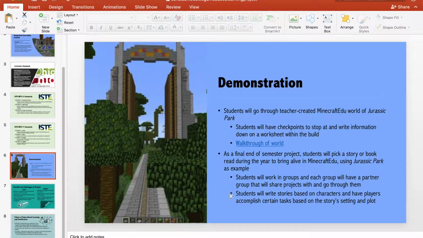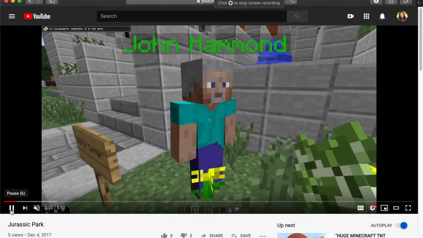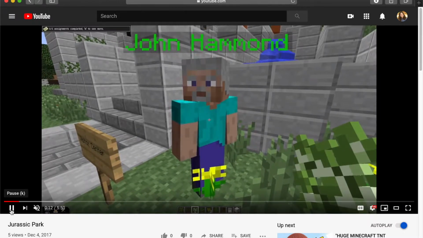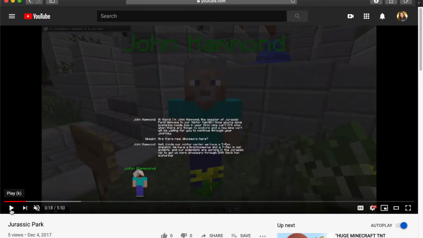So if we head on over to the video, so we are talking to John Hammond at the Visitor Center, and he'll bring up this little talk, and he's just simply welcoming you to Jurassic Park. And you will be touring it, going into a mine car, and it'll stop at different places, and you will have different things to do.